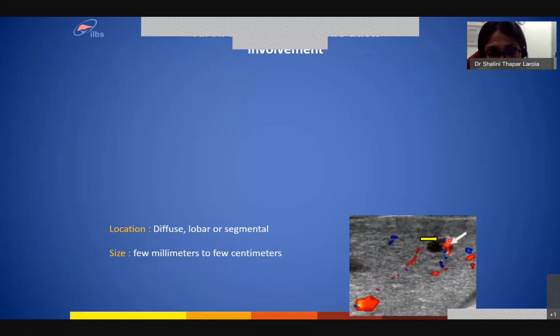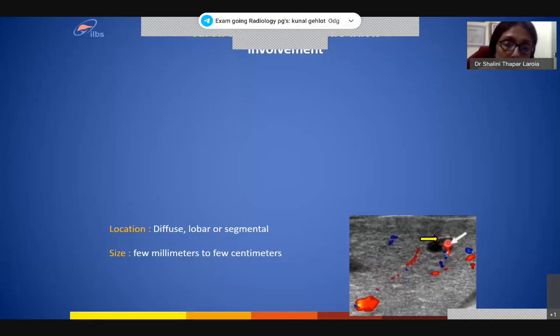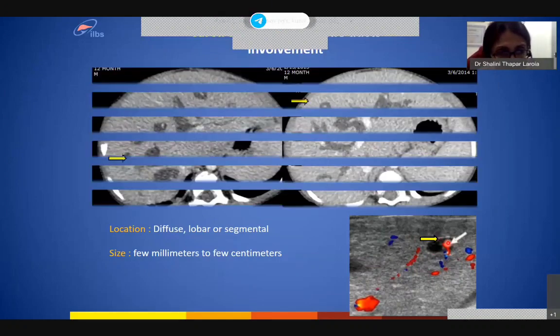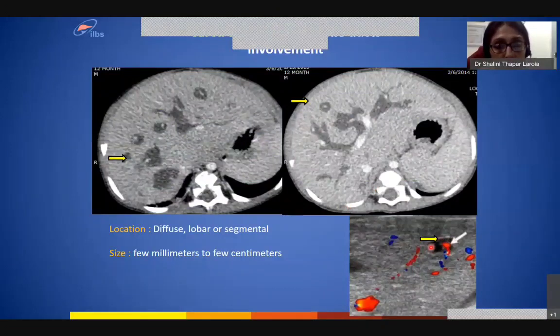And you have these large dilated spaces that you see on the ultrasound and the central dot sign. What is a central dot made of? That's nothing but the portal vein and small duct branches, which are seen within these ectatic ductal plate areas within the liver. So the location of these cysts can be diffuse, they could be lobar, or they could be involving just a certain segment of the liver. They can vary in size from a few millimeters to large saccular spaces measured in centimeters. So this is a typical CT. We had